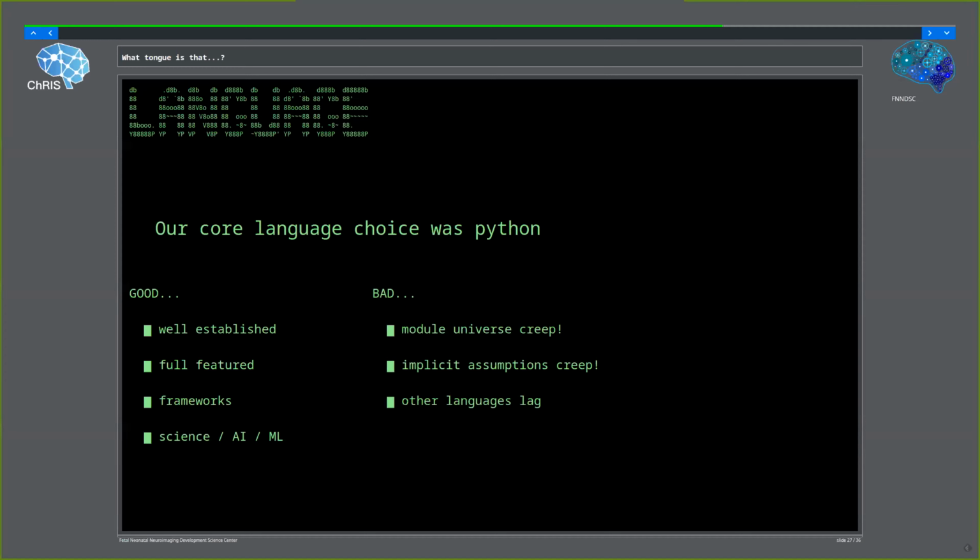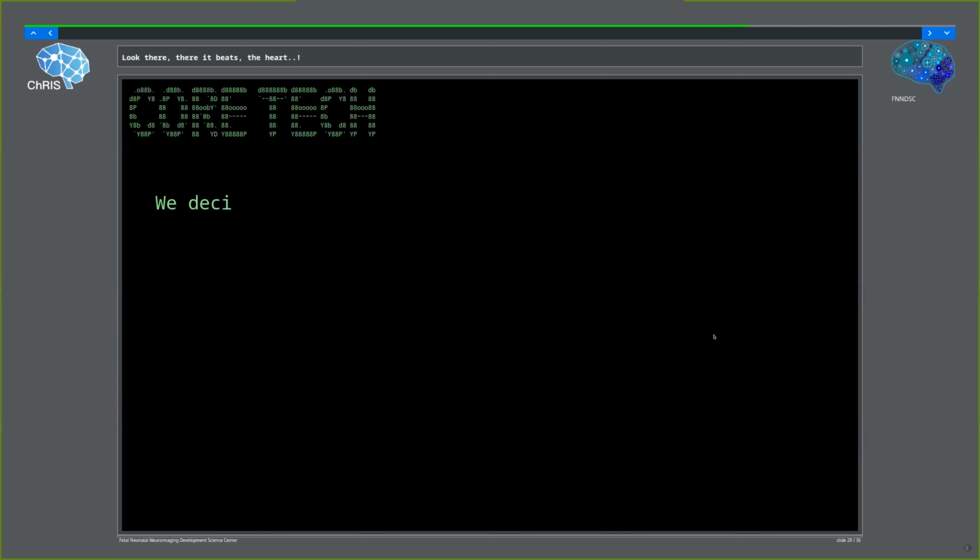And as we chose Python as our core language, even though the CHRIS system was designed to work with almost any kind of plugin that one develops, we found that we began to lag support of other languages. It's more work to get a C program in CHRIS than it is to get a Python program, for argument's sake. And the ugly, well, I'm going to say frameworks, which are very much a good thing, can also be an ugly thing, partially because of their complexity. Django is a very hard framework to get into. You need a lot of investment beforehand to get into it, which leads to a struggle for new developers oftentimes.